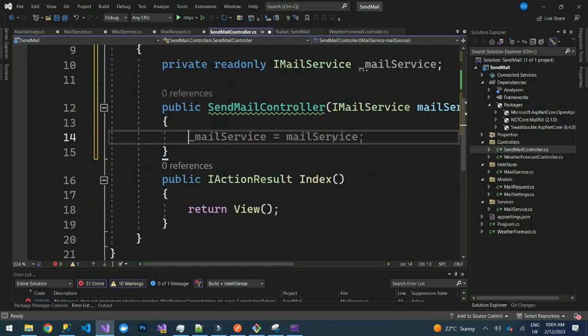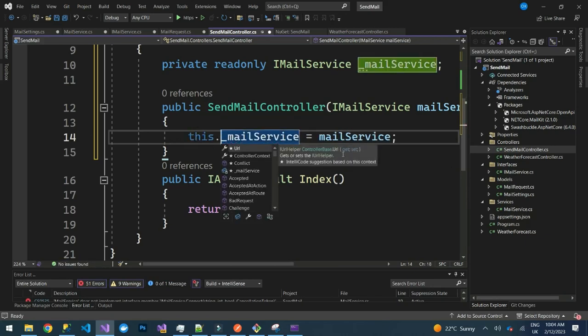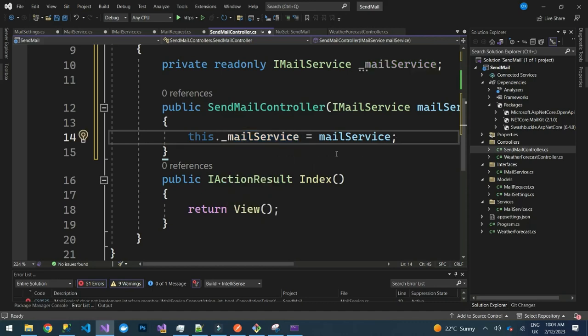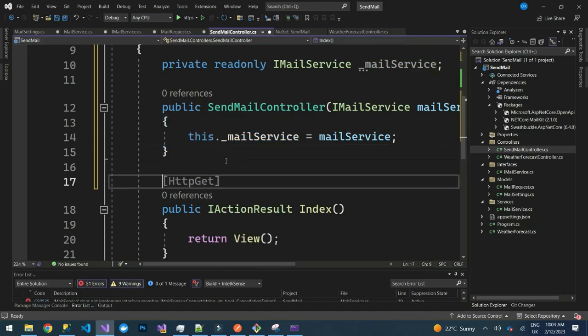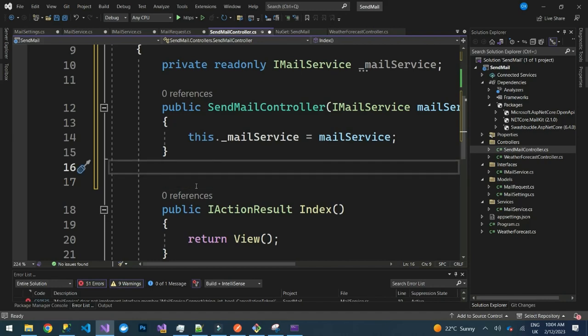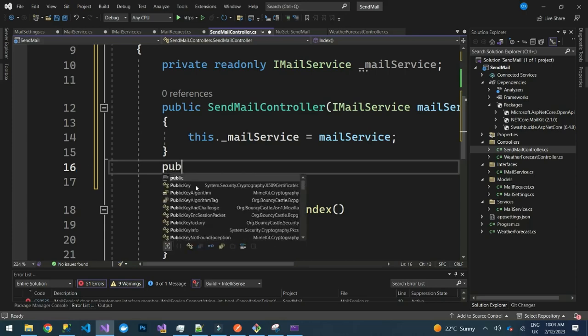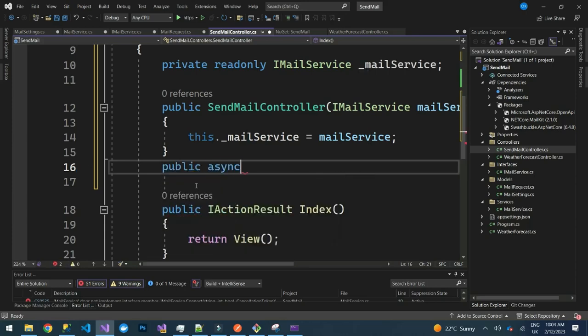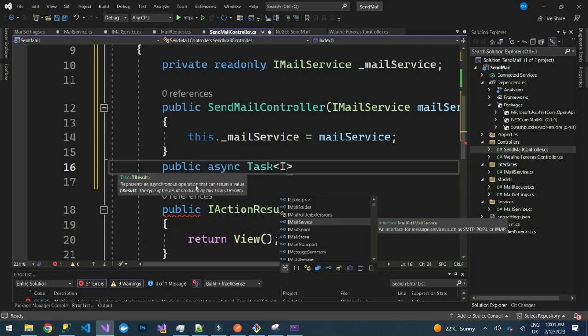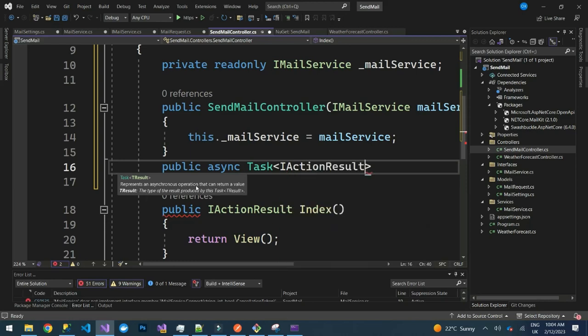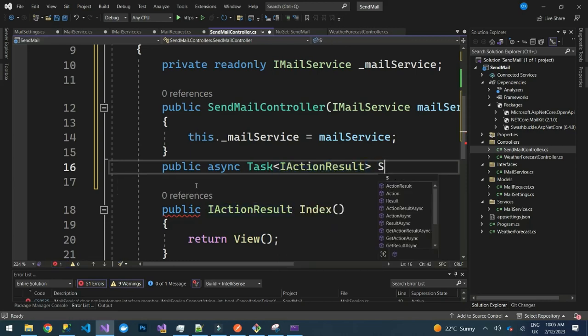Then inside we need to do that. It has already given us. So let's say this dot. So we need to provide an action, a post action to send email. So what we'll do, we'll say public async Task, then ActionResult, then we say SendEmail,